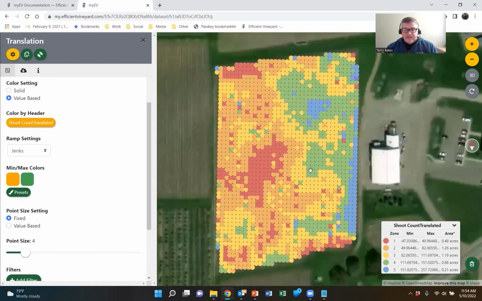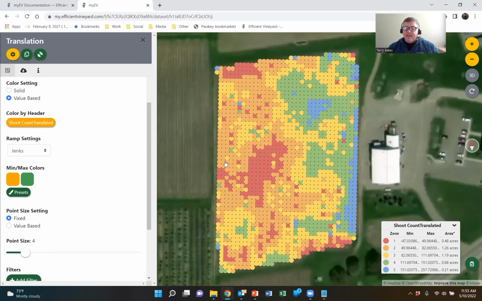So again, we've generated the shoot count map, and now you can use that for your management. If you want to do, say later in the season, crop estimation, you can use this map to direct your crop estimation samples. If you really feel like the red and orange zones are weak vines that need some other kind of management, you can use this to direct it, whether that's variable rate fertilizer applications, or variable rate floor management to conserve soil moisture for those vines, whatever it is in your management program that would help increase the vine size,